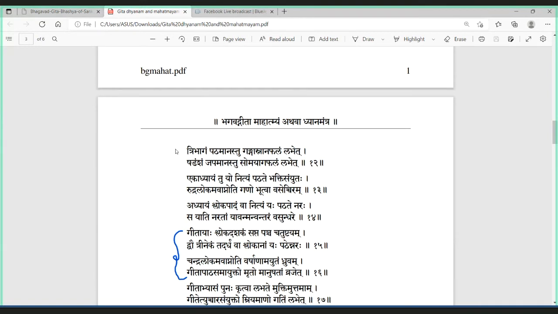Somayaga Phalam Labhet. So the ritual of Somayaga, which is a very elaborate ritual, Soma is that nectar, and it is actually a ritual done even in 2019. Some priests have done this in South India. It's a huge ritual and it requires a lot of material and a lot of things. And then you will get some phal of it. And the phal is actually a very unique phal. The phal of Somayaga is that it is beneficial to mankind.